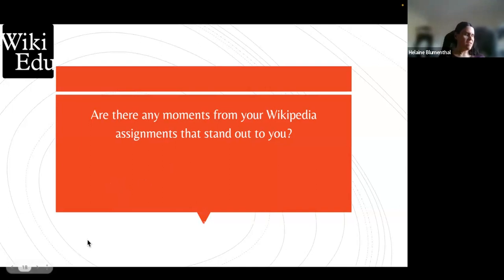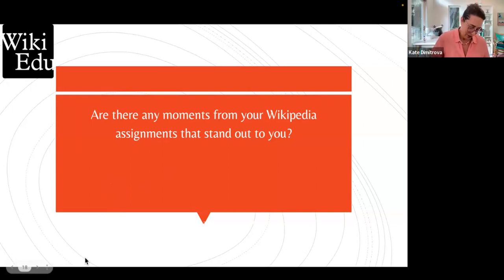Awesome. Kate, how about you? Gosh, there are so many interesting moments, but for me, two of my students worked on the entry for the Alcazar, and it was a really low rated article. It was what is called a start class article, so pretty basic, like what Alyssa was mentioning. Then someone came along and changed its rating to a C class, and then someone else came along and changed it to a B class. So for them to see that this unknown, anonymous community was validating their work was incredibly powerful.